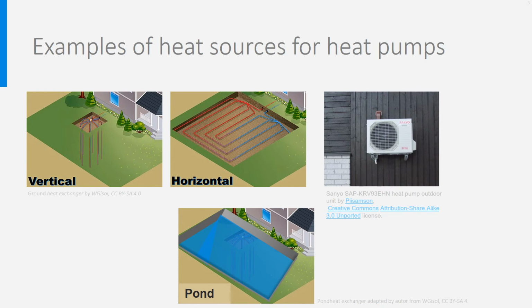In a groundwater heat pump, the vertical heat exchanger goes deeper in the ground until it meets an aquifer. Below, you see that the heat exchanger could also be placed in a pond, and on the right you see the evaporator of a heat pump using outdoor air as heat source, the most common ones.